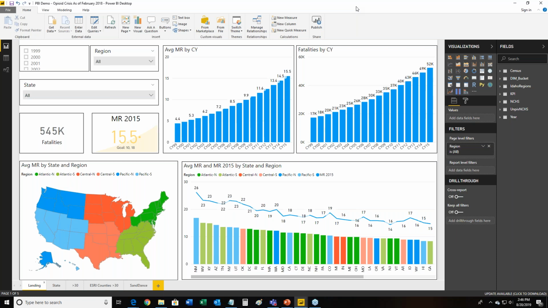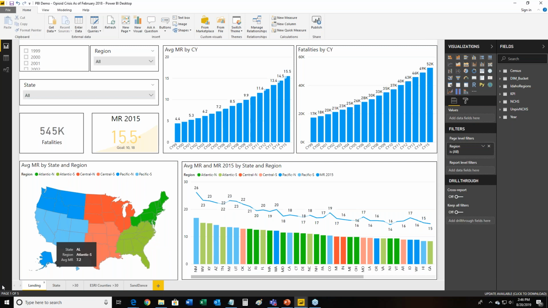This is data on the opioid crisis in the US, and I only have data up till the end of 2015. But we've all heard about it on TV. If we haven't been paying enough attention, you can actually see the fatalities by calendar year going up and up and up, and it went up significantly more after 2015. So you can understand why with this data, people would say there is definitely a problem here.